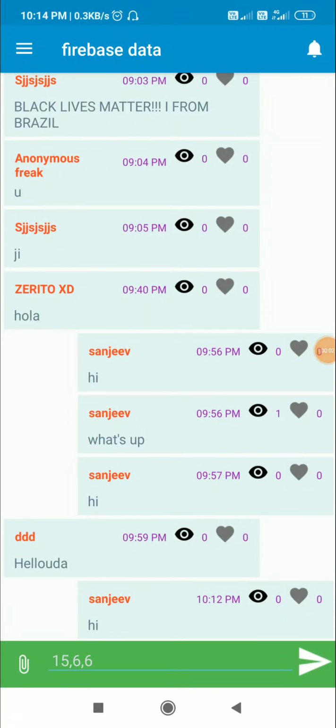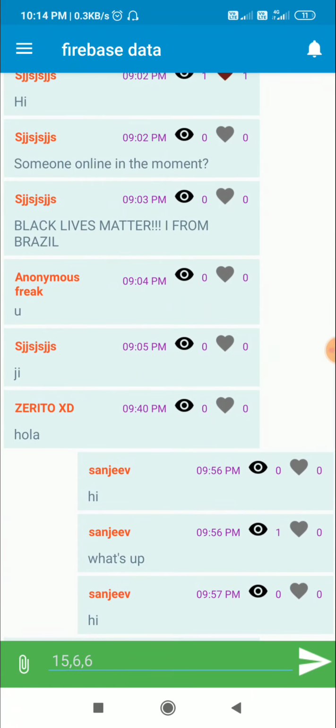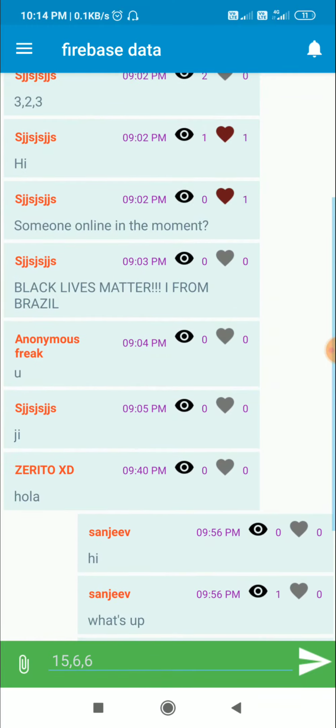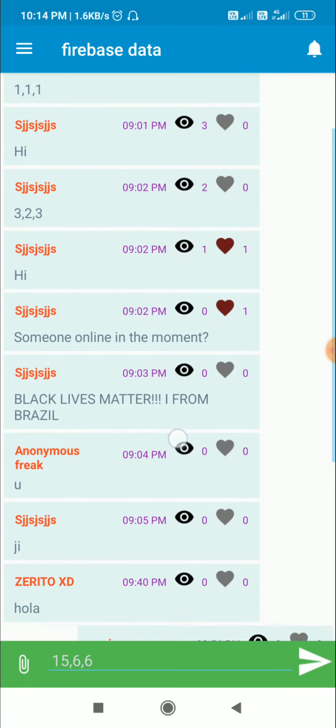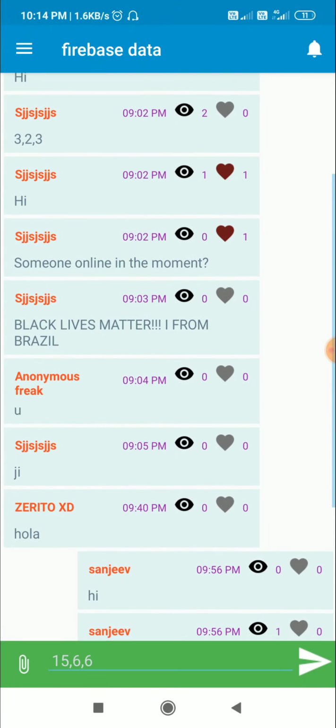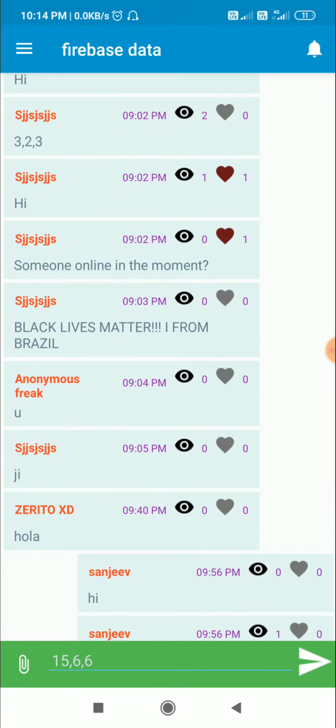Hello friends, few of you may have encountered that when you click on any button in a list view, it moves to the bottom position, or if you go to some different page and come back, it moves to the bottom position. So I'll show you how to correct that in Sketchware.